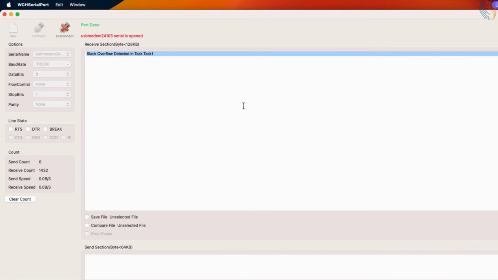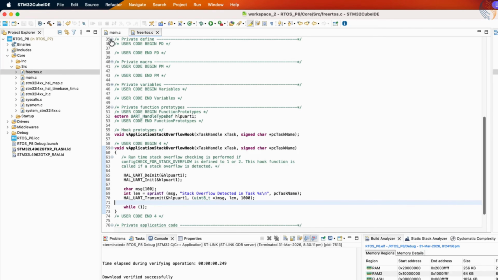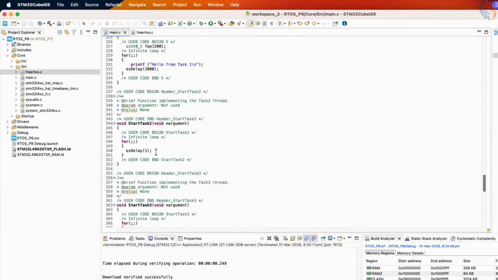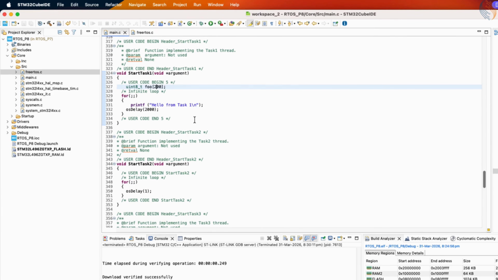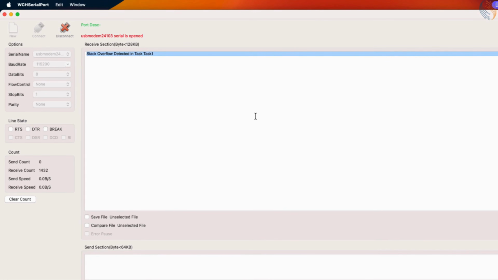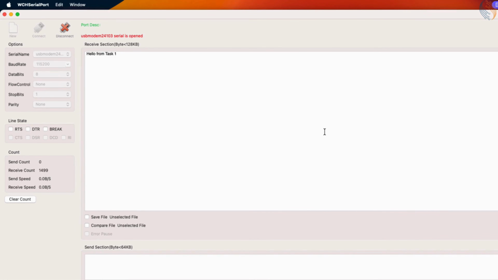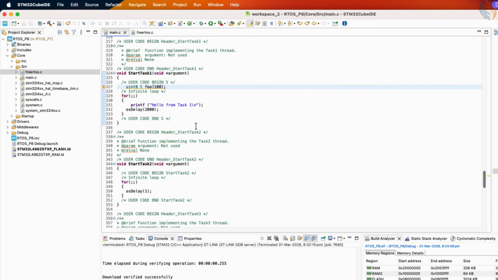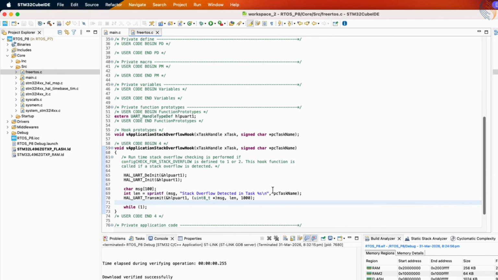After this log message is printed, the control entered the infinite loop, and therefore the other tasks are not running anymore. Now let me quickly reduce the stack memory being occupied by task 1 back to a safe level, and flash the project again to the board. Now you can see the logs are printing normally without any issues or warnings. This means the overflow hook function is not being called anymore, which indicates that task 1 is operating within its